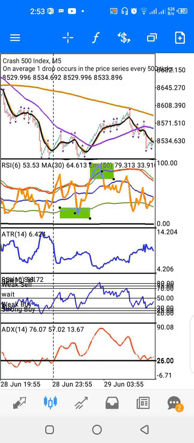Okay, so don't forget the lower touch of the orange and red line, touch and then reversal of this orange and red line above the envelope lower band. As for boom index, that is when you start to buy. But when it goes above and starts to drop below the upper band, that's